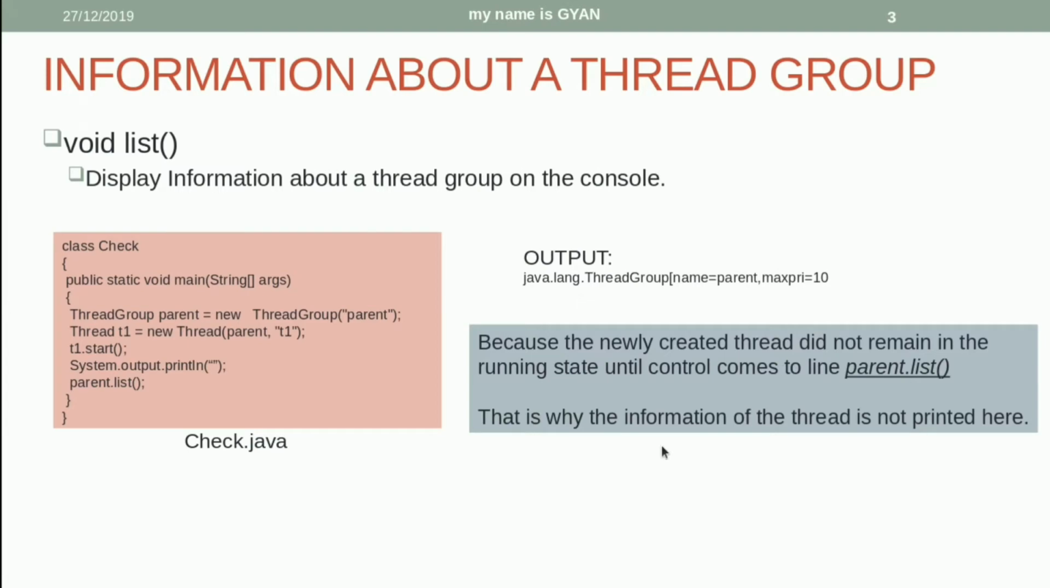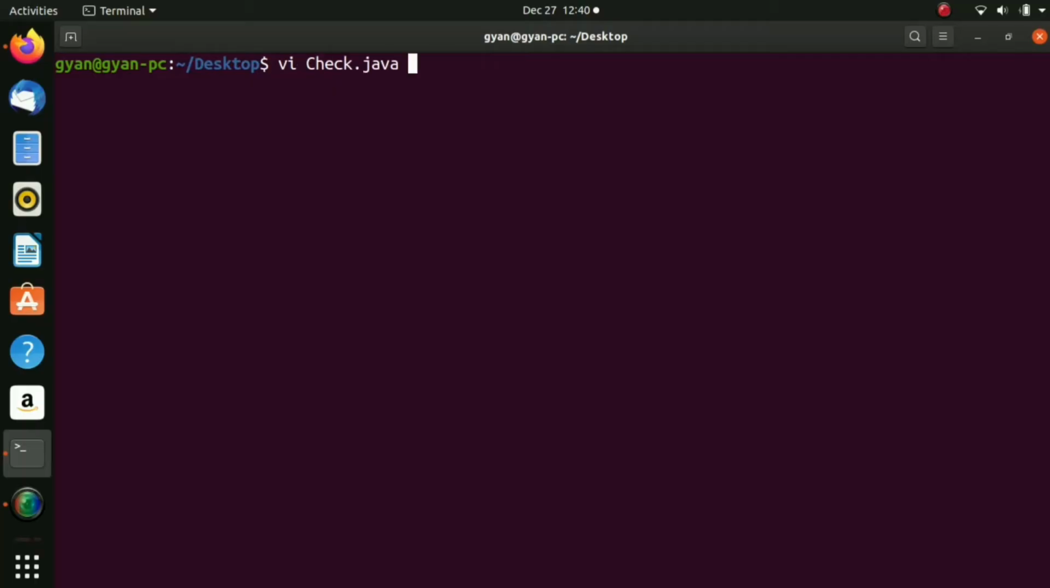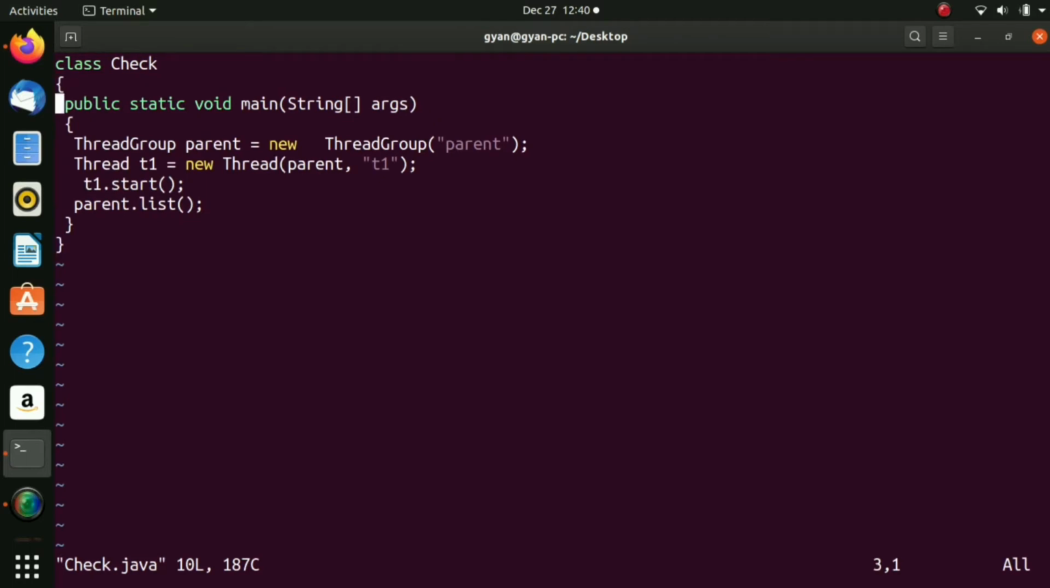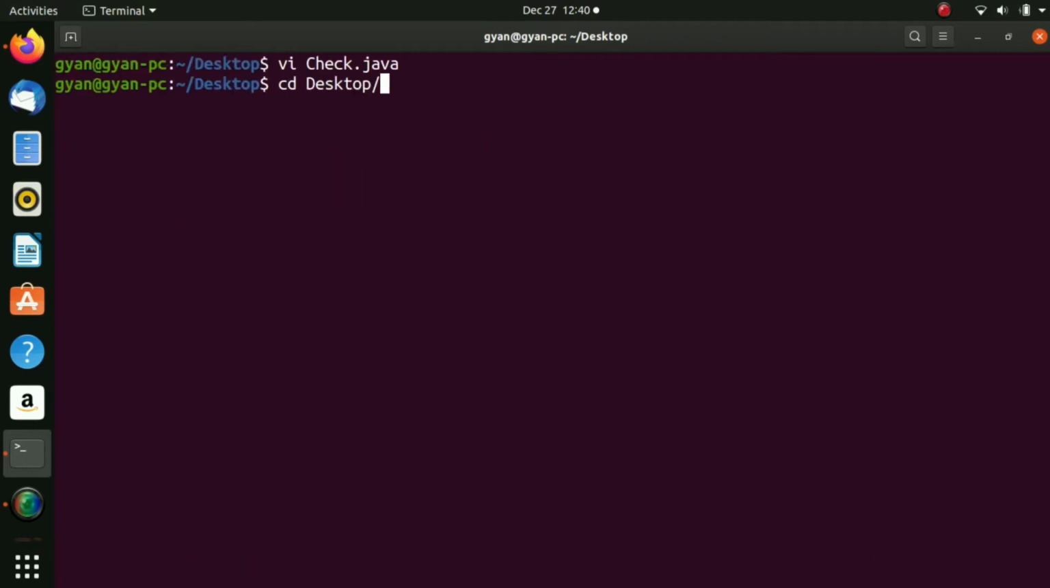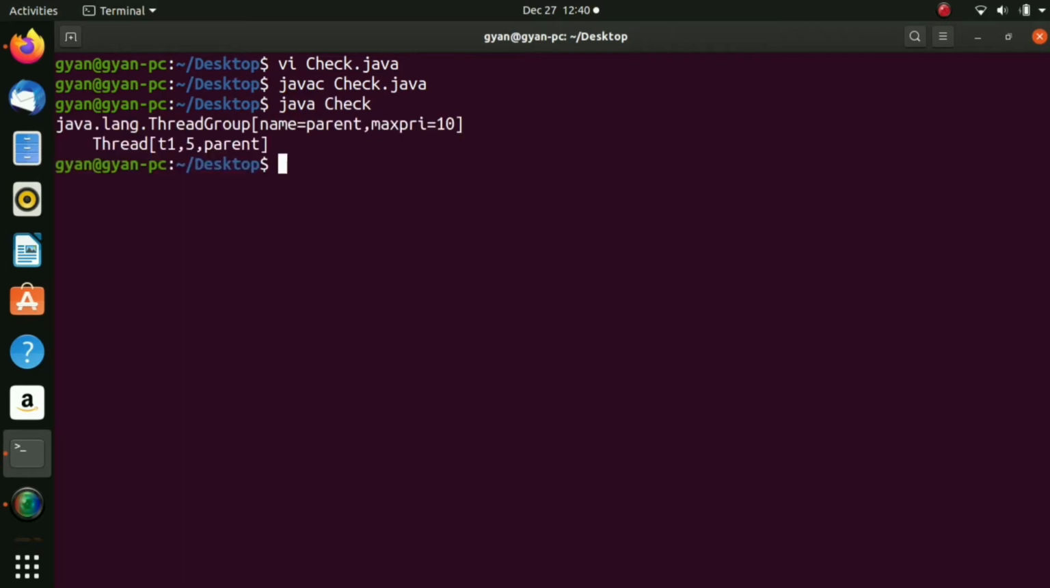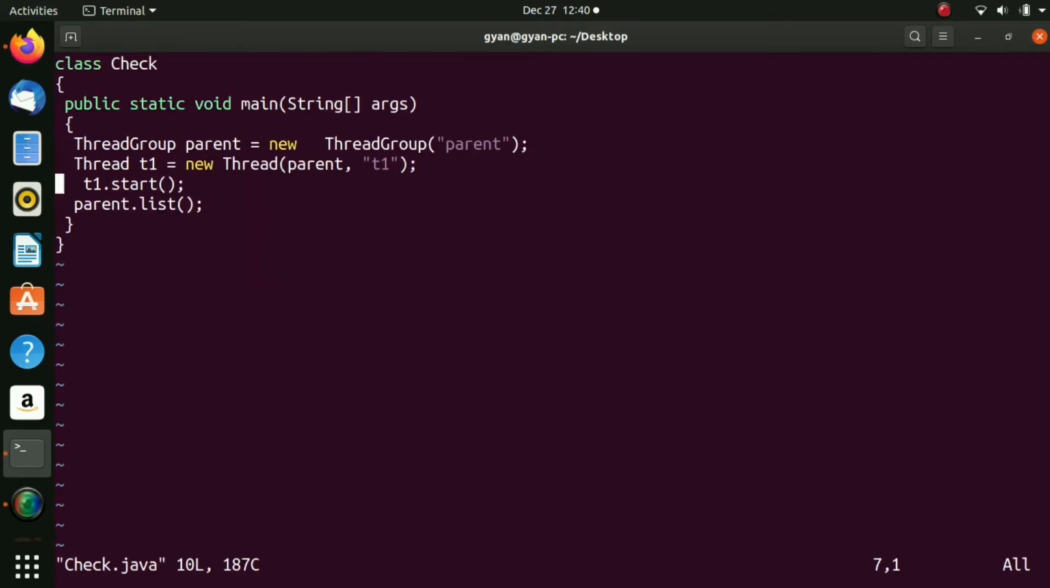Let's try these two codes practically. Open check.java and this is the same code as we have seen. Try to compile this code, javac check.java. It compiles fine, now run it, java check. It runs fine and printing as expected. Let's add something in between t1.start and parent.list. Let's add here